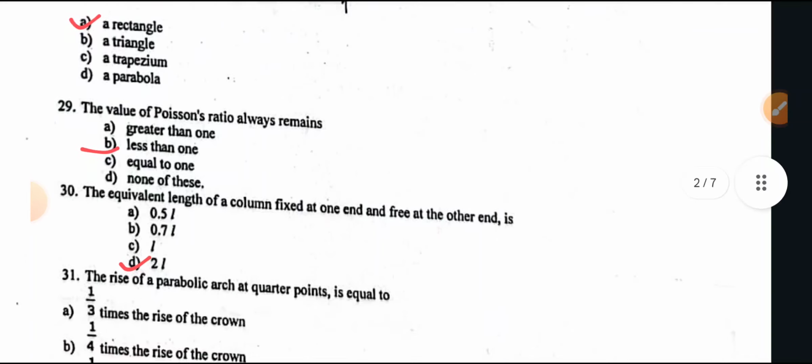The value of Poisson's ratio always remains less than 1. The Poisson's ratio value cannot become more than 1. It is between 0 and 1. The equivalent length of a column fixed at one end and free at the other end is, if it is free at the other, then it should be